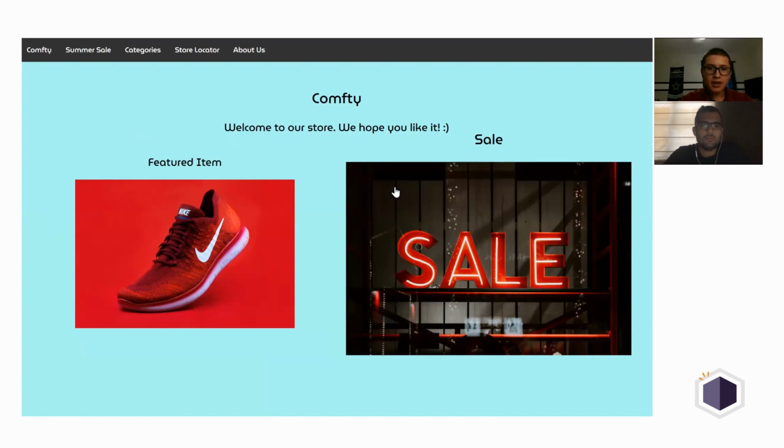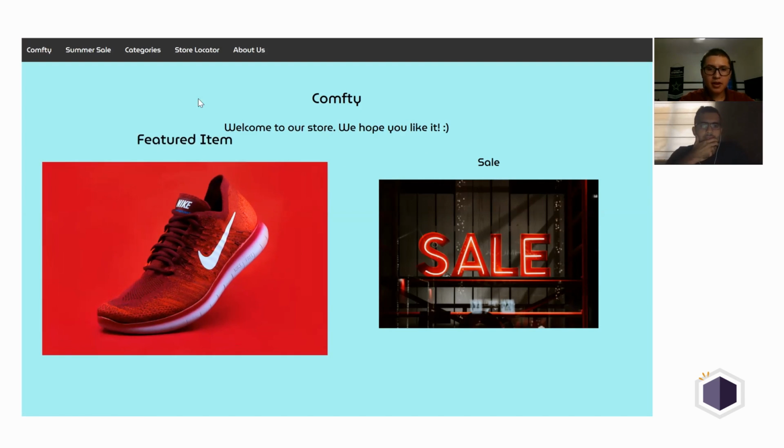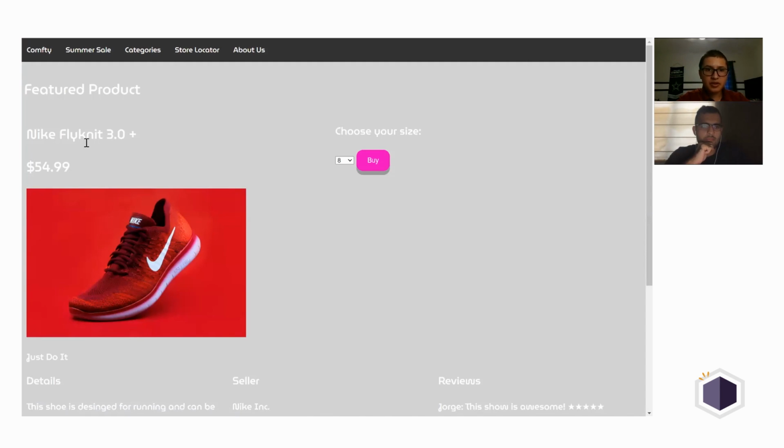So this is the home page where we have everything: the Comfy, which is our store name, our greeting, and then to the left we did a code where if we hover over an item on the homepage, it'll get a close-up. It'll magnify in, or magnify out really, into it. So when we click a featured item, for example, it'll take us to here,